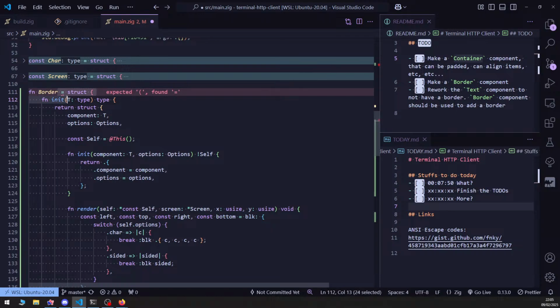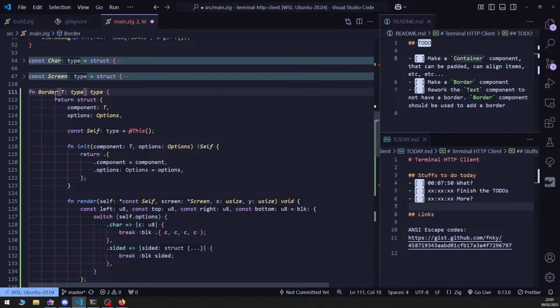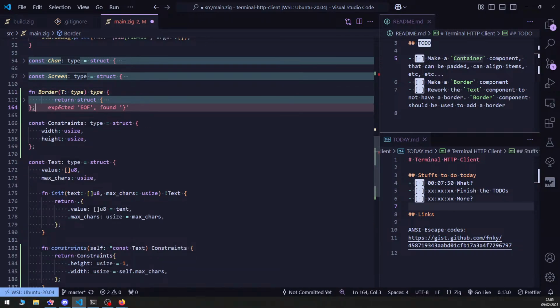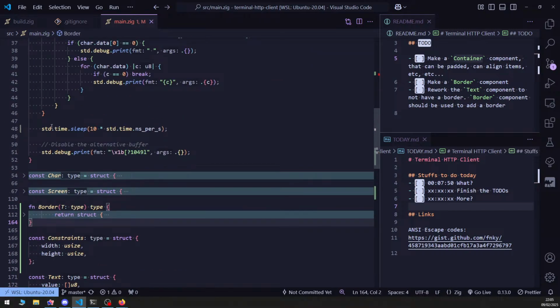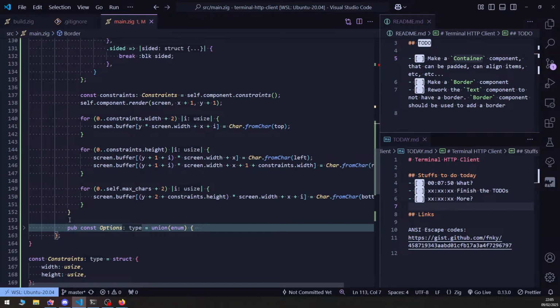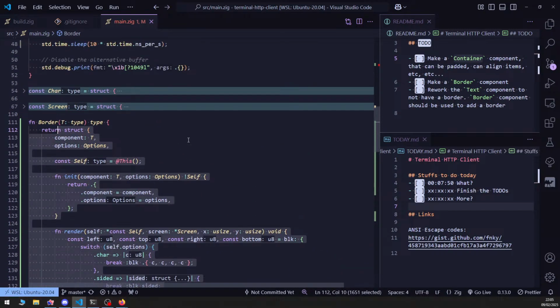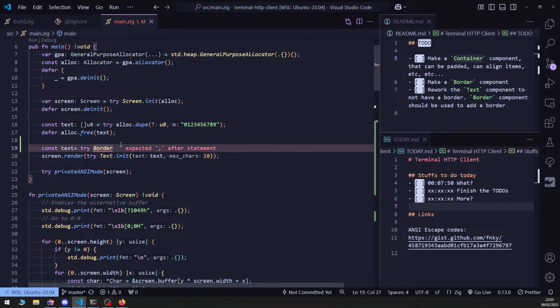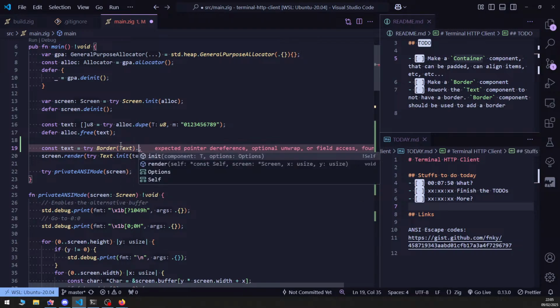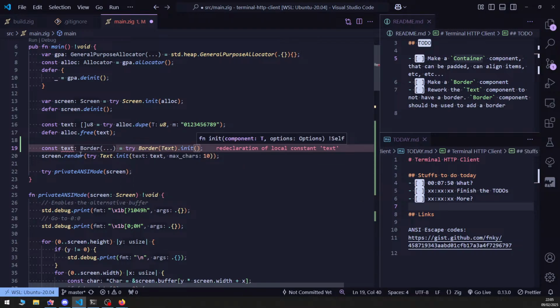Function border. Without this. Can you please just block this like this? That's because of this. Oh, I think good. Const text of border of text put in it. And then we do